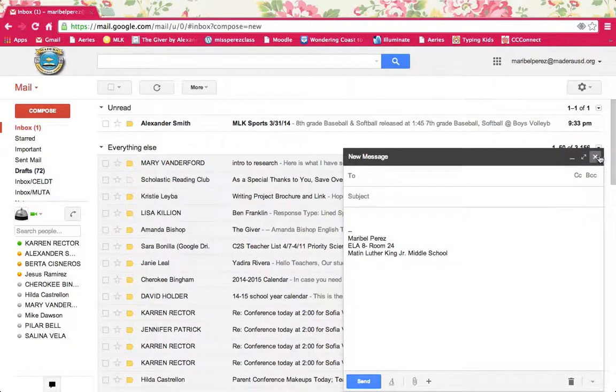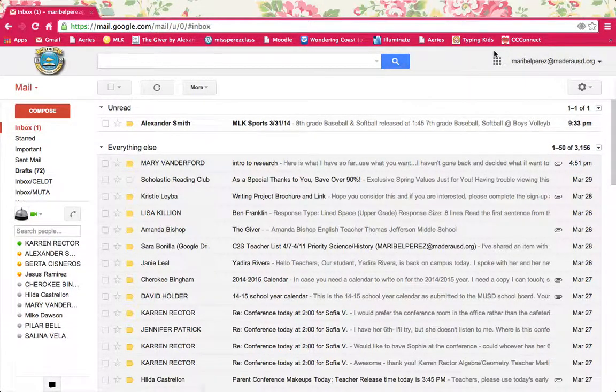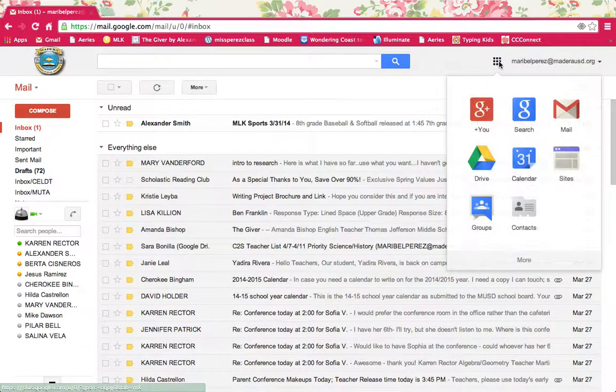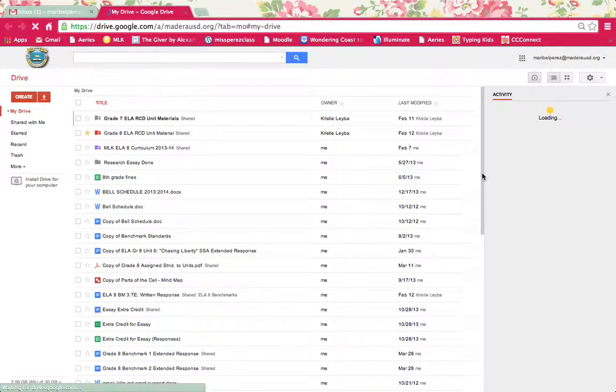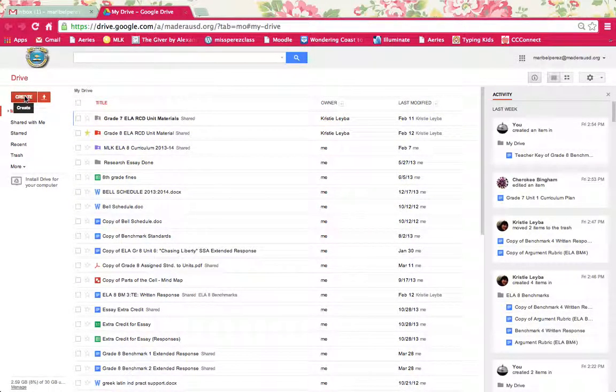Oops, not compose, I'm sorry. You're going to go to the section here that looks like it has little dots of squares, and then you're going to go for your drive. So once you're at your drive, then you go to create. You're going to create a document,